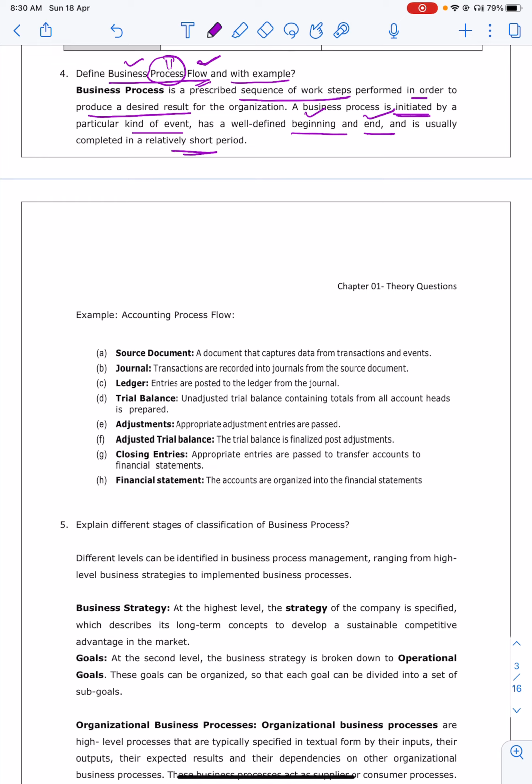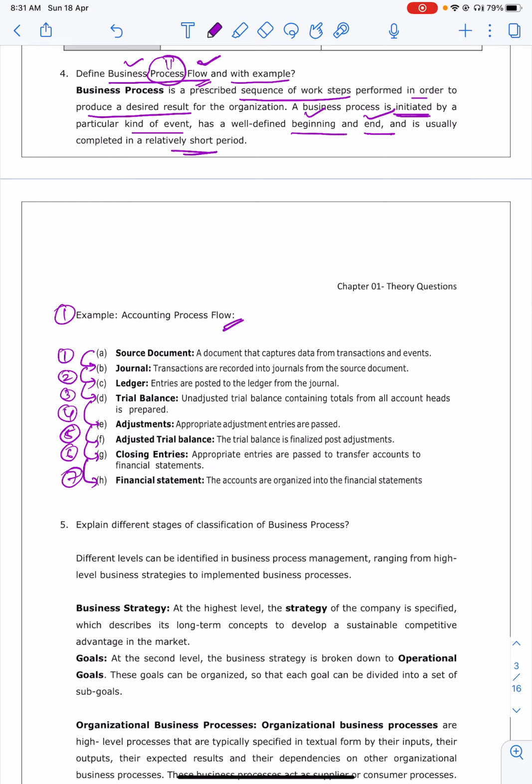A perfect example. I took one example in your study material. You have another three examples that you can refer. We take the accounting process flow. Do we have a certain sequence of steps? Yes. You have to adopt this sequence in the same order. You cannot change the order. If you change the order, can you get the desired output? No. So what is the order? First you have source documents, you convert them into journals. From journals you convert them into ledgers, trial balance. From trial balance, adjustments. From adjustments, you'll get the adjusted trial balance. After that you'll do closing entries, and lastly you get the